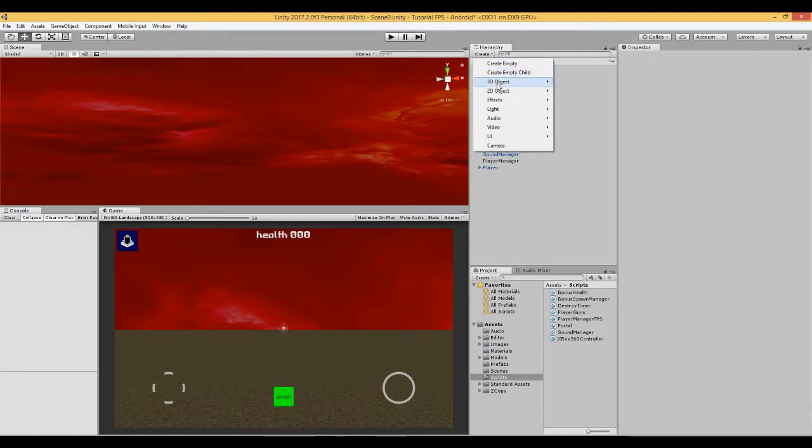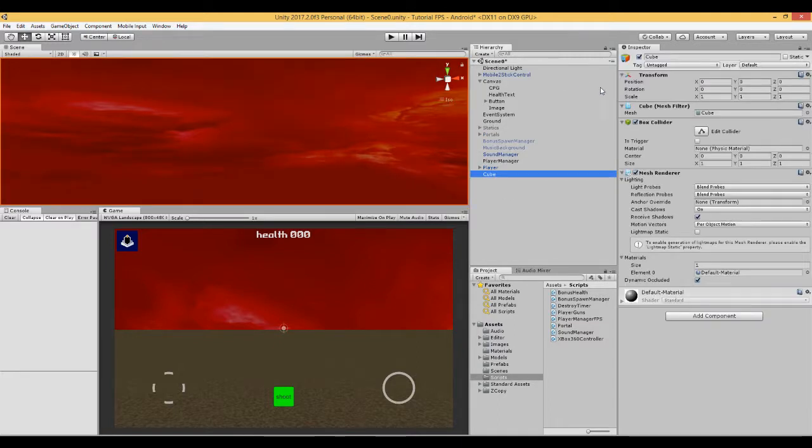Okay, now we need something to hit. So let's create 3D object cube and put it somewhere we can see it. Okay, there's a cube. Okay, and that's going to be the target that we're going to use to test to see if our gun